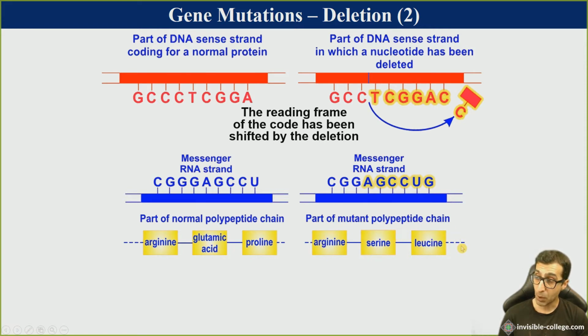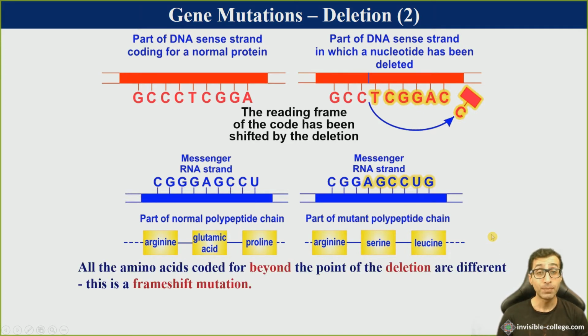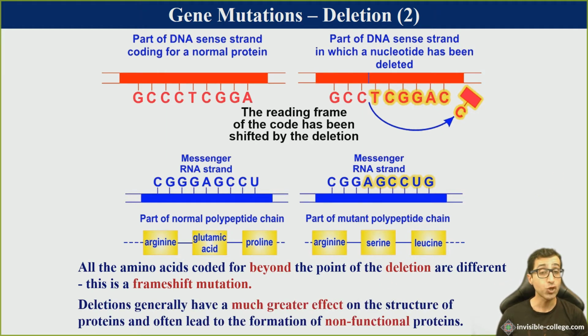And again, the polypeptides further downstream from that will also be likely to be changed as a result of this type of deletion mutation. So all the amino acids coded for beyond the point of the deletion can be different, and this is a frame shift mutation. So for this reason, these types of deletion mutations generally have a much greater effect on